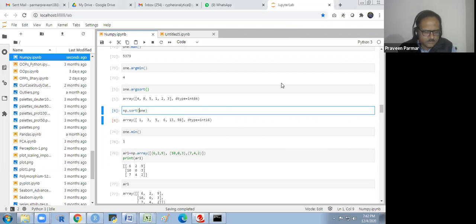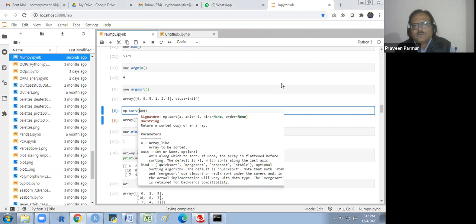Descending, if you want, we have this, you can see here, axis equal to -1, kind none, and order none. So order we could write here.